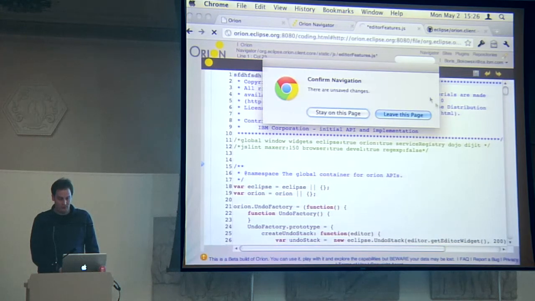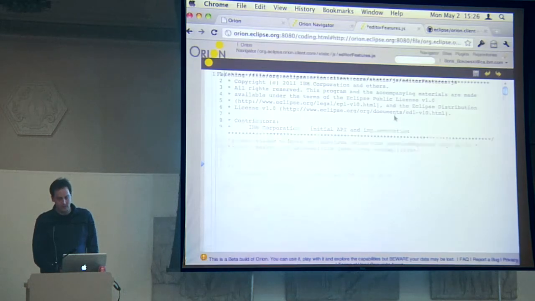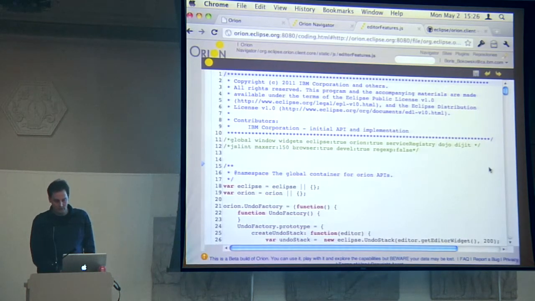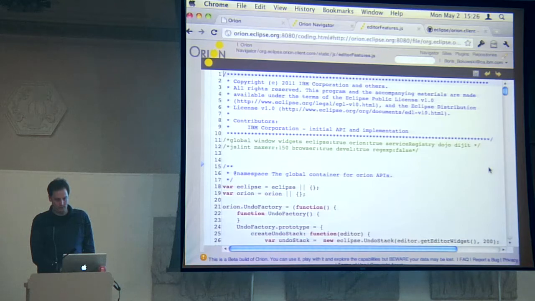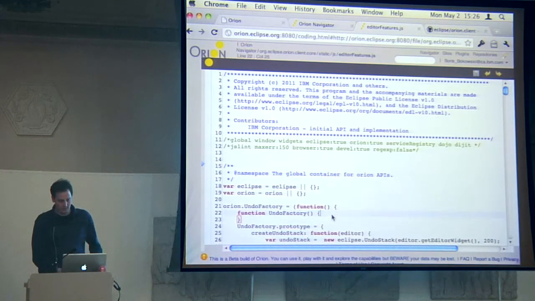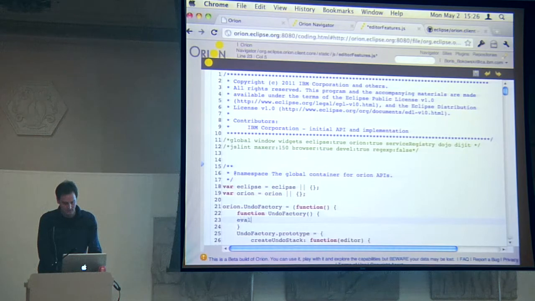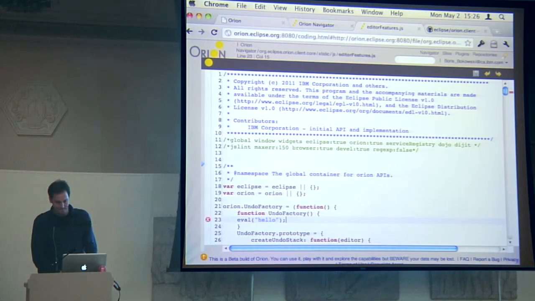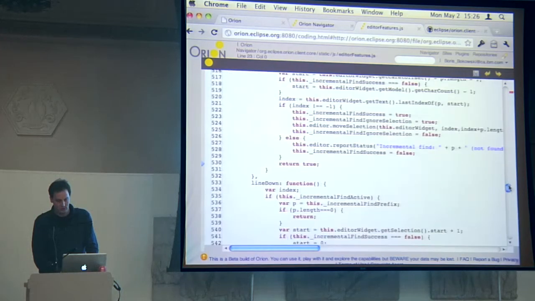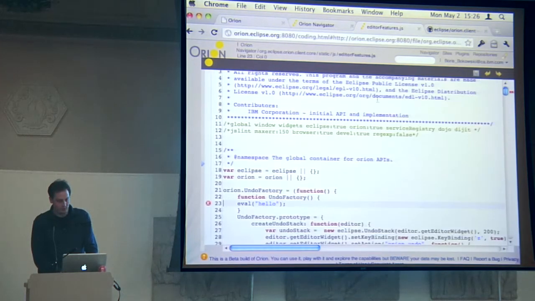If you try to reload, you get the prompt. And yes, I do want to go back. There's support for error checking and displaying errors, and there's nothing in here. Okay, let's do something bad. So if I was somewhere else, I could still see there's an arrow up here that moves me up there. I can hover over that and get the wonderful